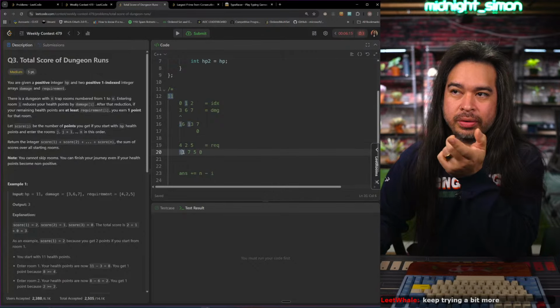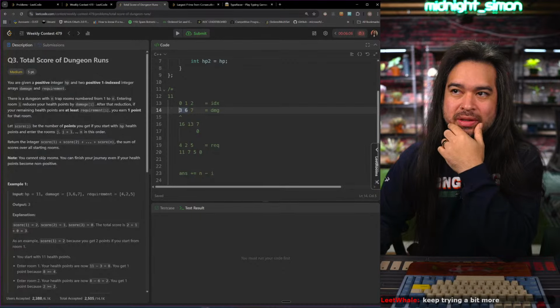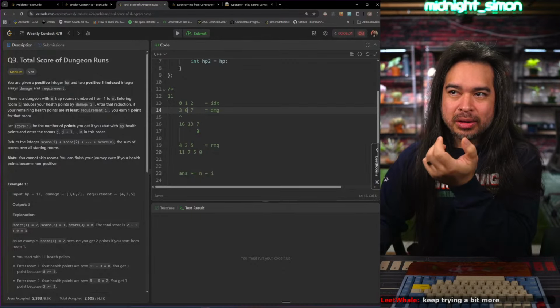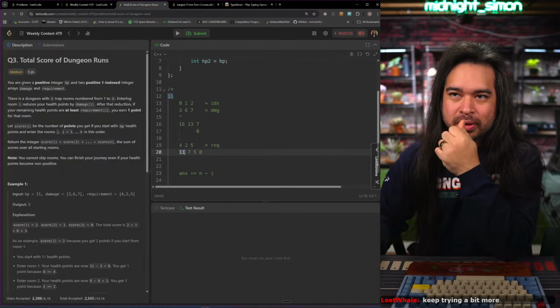Because how do I know? Just because my HP tells me, yeah, I have more HP than these 2 damages, it doesn't necessarily mean I'll get the points for all those rooms, because there's also a health requirement that you need to get those points. So